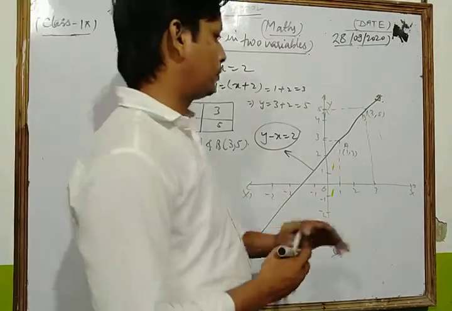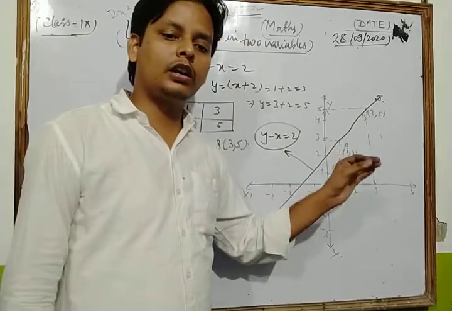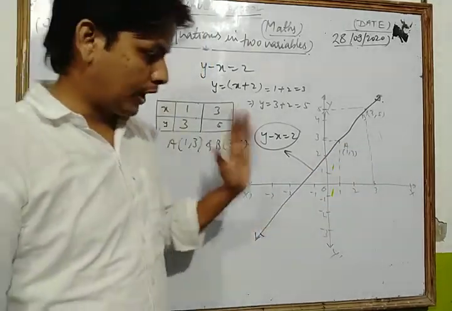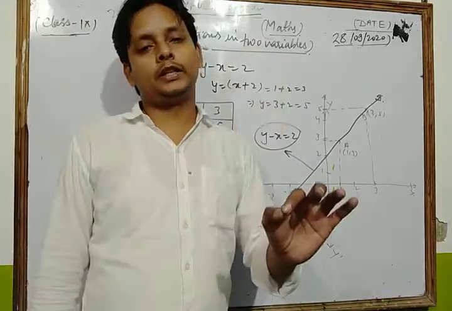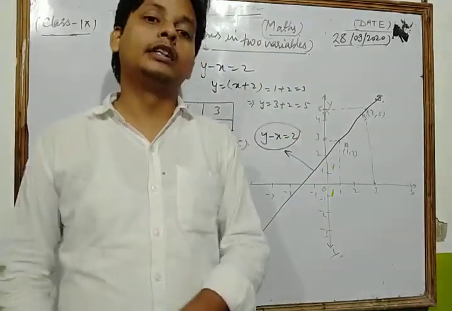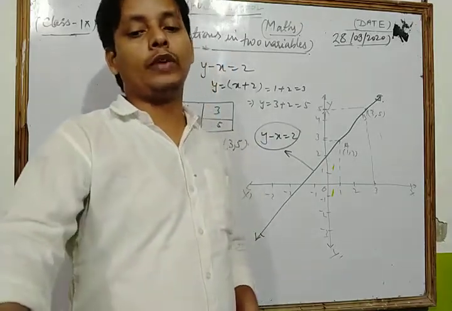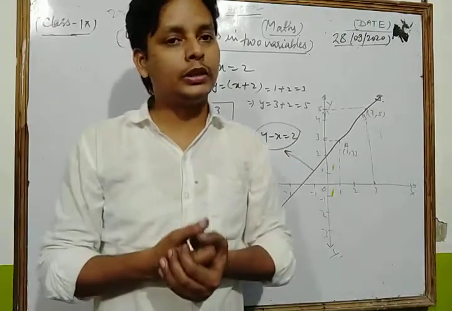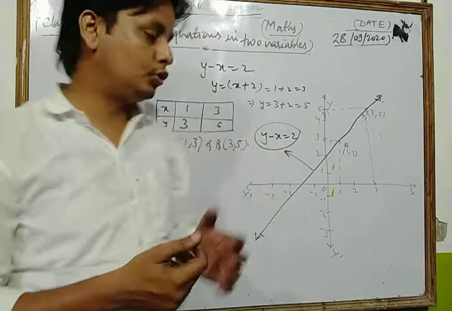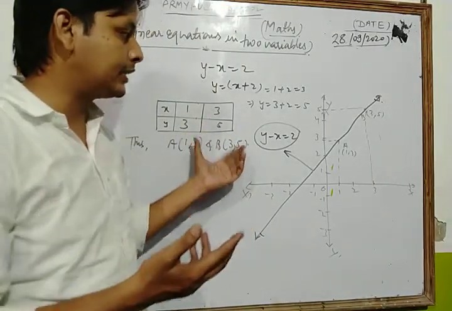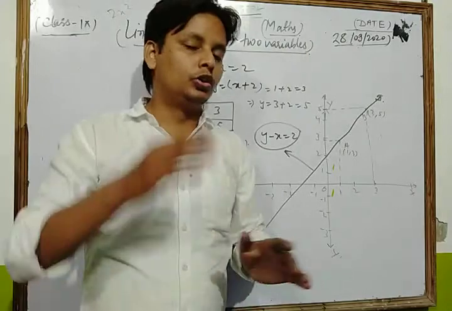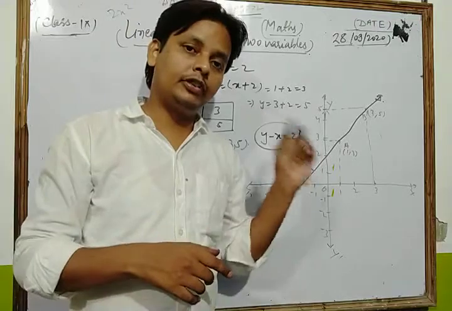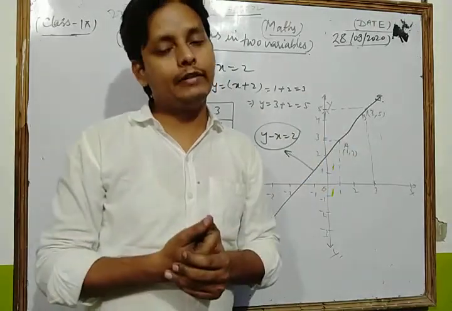So dear student, this is the process to draw the graph of any linear equation in two variables. First you write the given equation, after that you express the value of y in terms of x, then you choose a suitable value of x. In this way you get the corresponding value of y. In this way you have two or more coordinates. Okay. After that you plot the obtained coordinates on the graph paper, and after that you join all the points by a straight line, and that straight line represents the graph of the given linear equation.